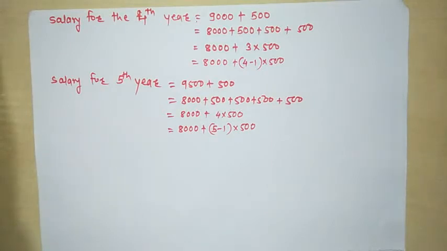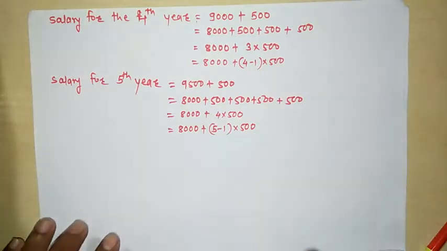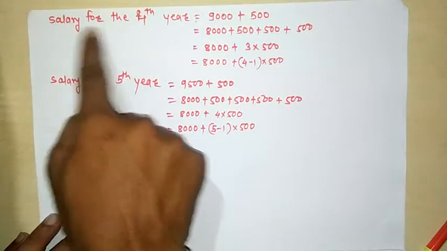Now dear friends, observe here what you will get by observation of the above examples. Above, we have the salary for the first, second, third, fourth and fifth year. Suppose we have to find the salary for the 15th year. If we go for this procedure, it will take a lot of time. For short, we will see how to find the 15th year salary and the 25th year salary by observing this one.